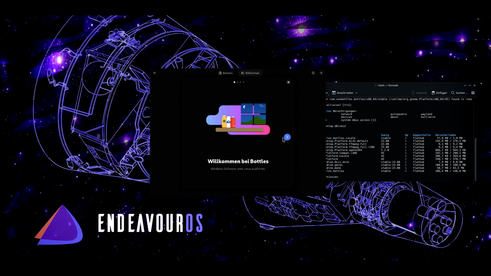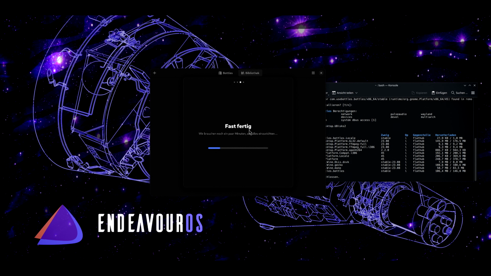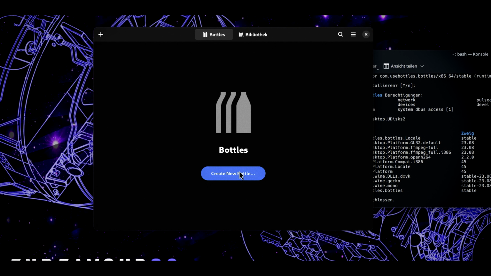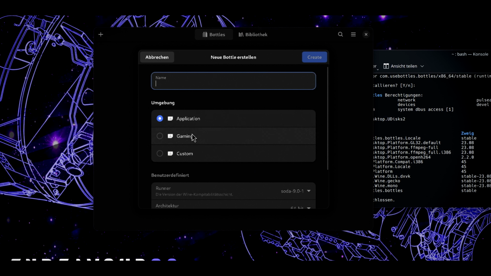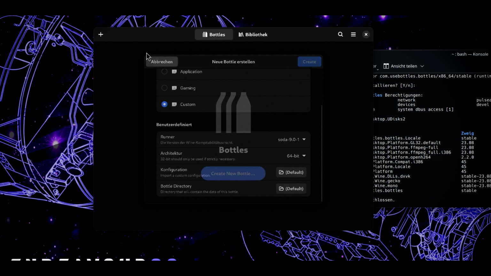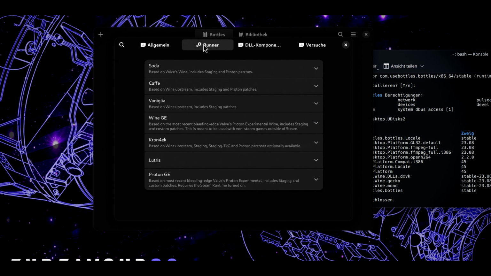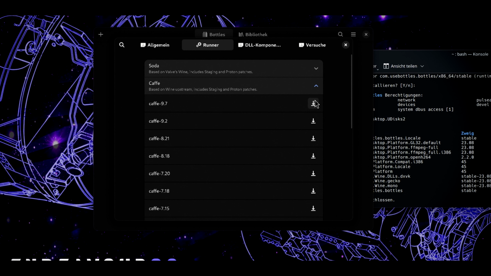Yeah, there's some text, you can click through there, continue, start with bottles, then go there, create new bottle, and there you can see, do you want to create a bottle for an application, for gaming or custom? Go to custom. And yeah, before I go there, go to the drop-down menu on the top right, settings, runner, and coffee, or coffee, however you want to pronounce it. And download that one,